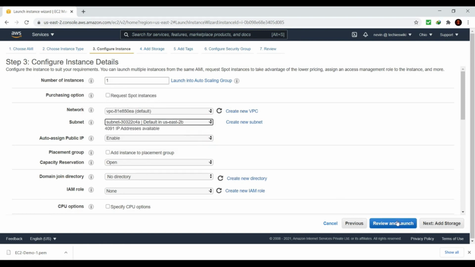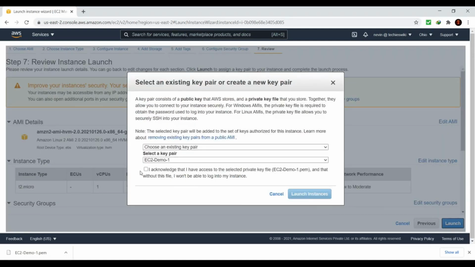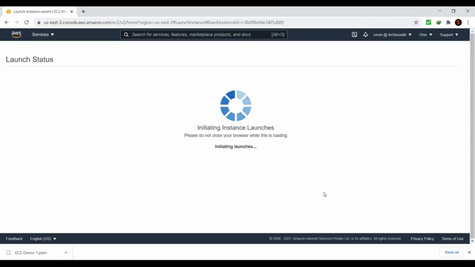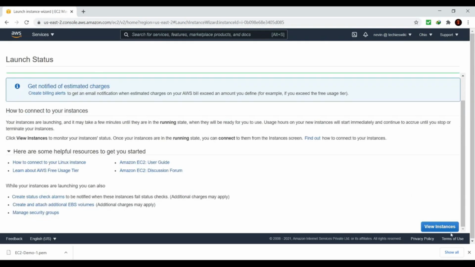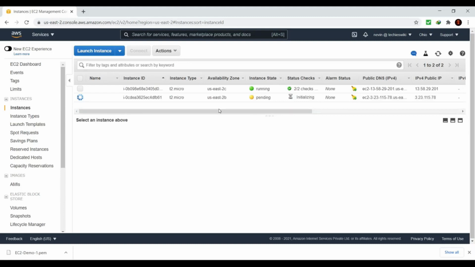So I will choose 2D. Here I'm choosing this key pair as I already have one. As you can see, it's in pending state and it's launching in US East 2B.